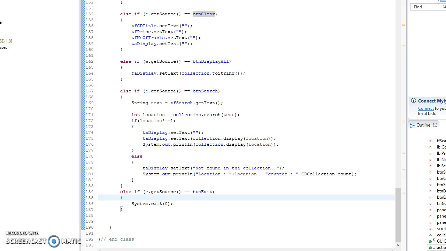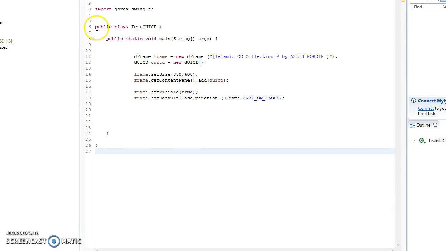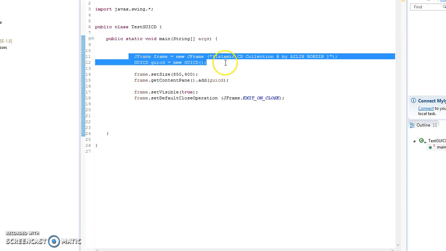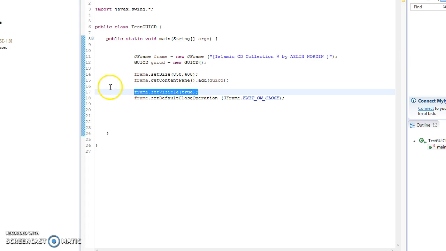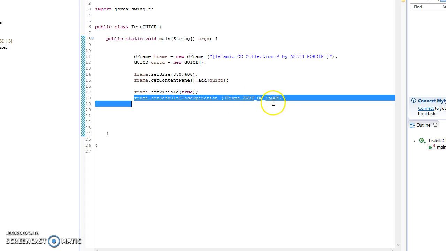Okay. And then we have the test class. So this test class is to create the frame and then add the GUI panel to the frame and have this to be visible, and also set default close operation to be able to be closed when you press the